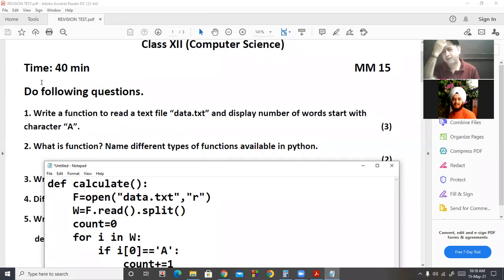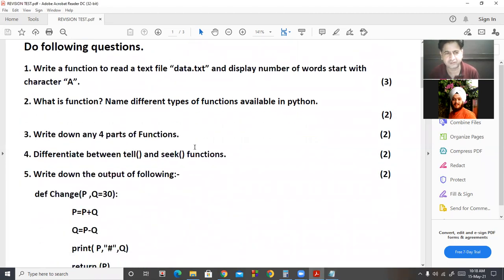So for example, if we are using print or input, these are in the standard library, so no need to call any type of module. Second type of function is module based functions, in which we will have to import the module, and in these modules reference of that particular function is defined. For example, if we want to use sqrt, we will have to import math module. Third type of function is user defined function. In this, user declares them according to requirement. So this is the answer of the second question.